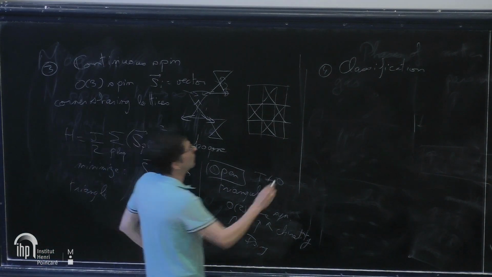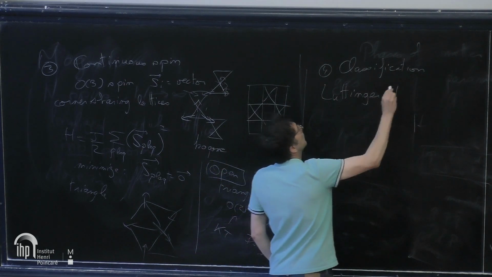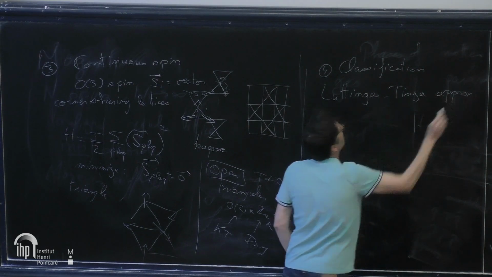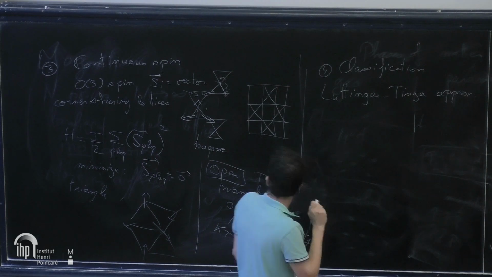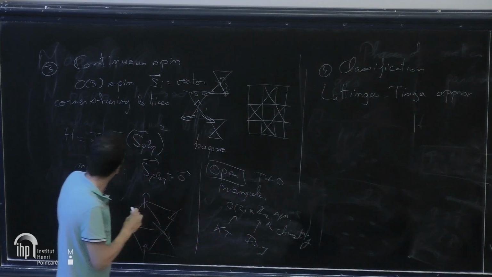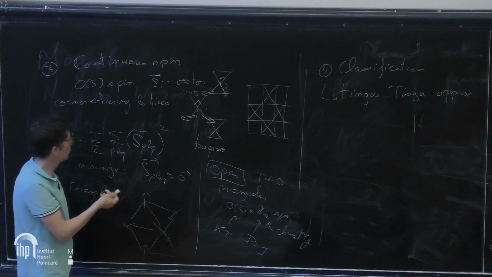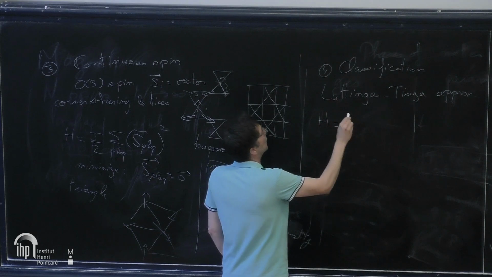So it's based on Luttinger-Tisza approximation. It simply means that if you go to Fourier space, which is what you want to do to solve this problem,